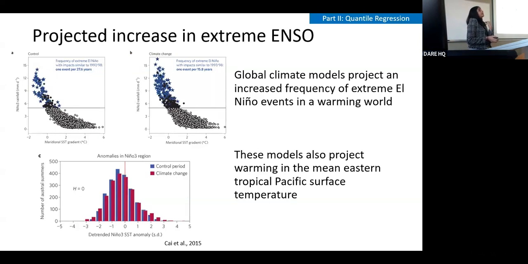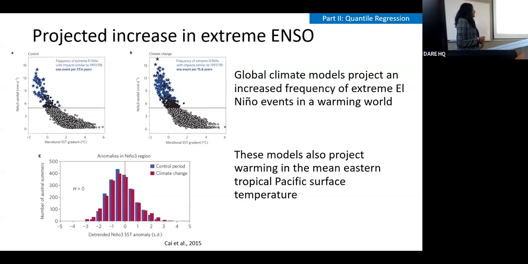Now, the version of El Niño and La Niña we just looked at was temporally invariant in that there was no background change, no climate change happening, no warming. If you're interested in understanding the patterns of warming, you need to think about it differently from a mathematical standpoint. One way that we have come up with was to apply Bayesian quantile regression.